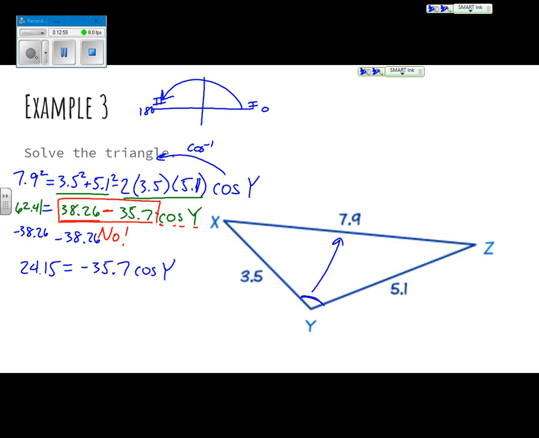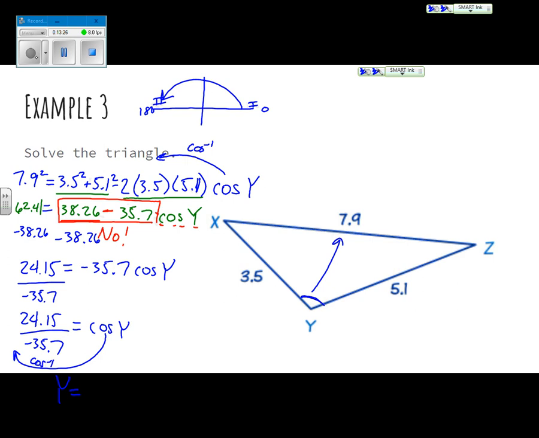Okay, now I need to divide both sides by this 35.7. And so that will leave me with just cosine of y. I'm not even going to type that in. I'm just going to leave it 24.15 over negative 35.7. And then I'm looking for y right here. So I am going to take cosine inverse